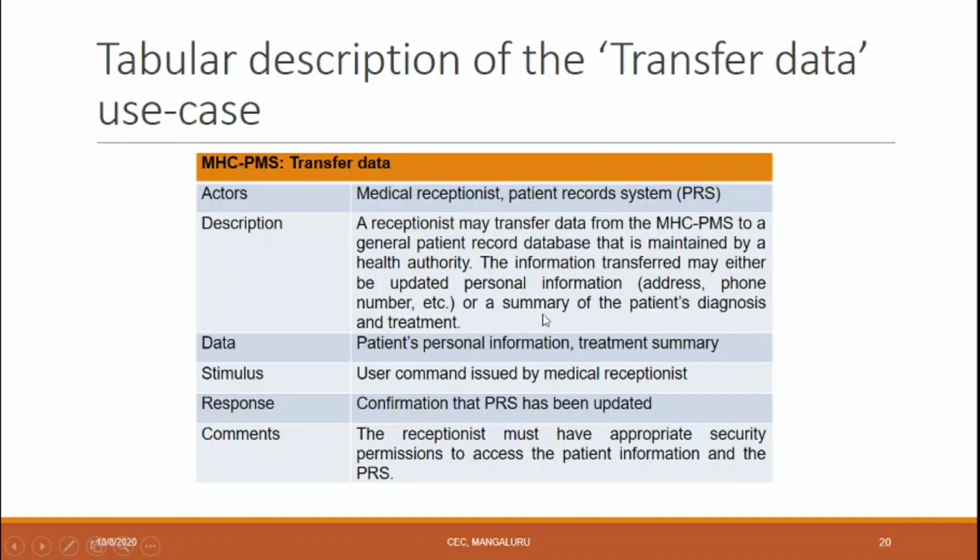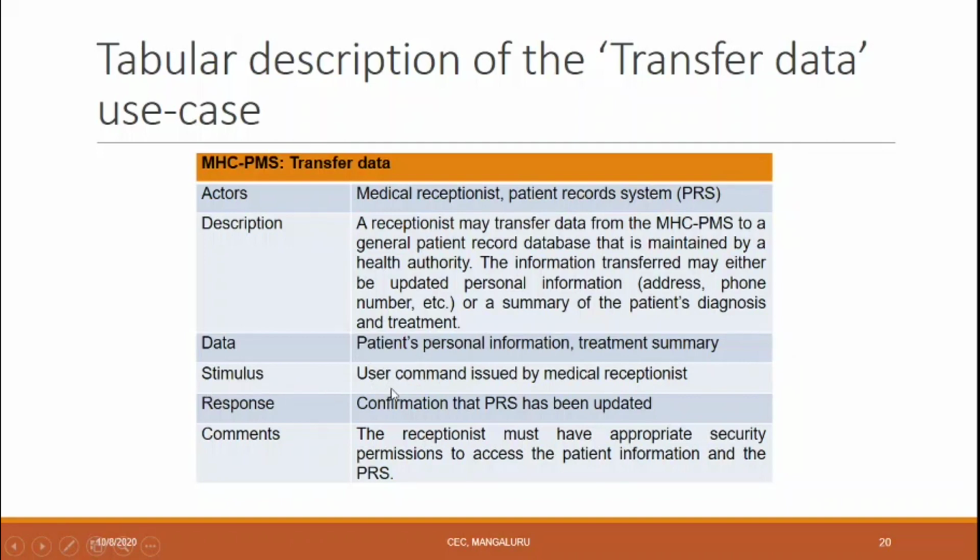If it is an existing patient, then the summary of the diagnosis or what type of treatment has been given is updated in the software or tool. And the data is patient personal information, or it may be a treatment summary, or it may be an update of the prescription, etc.